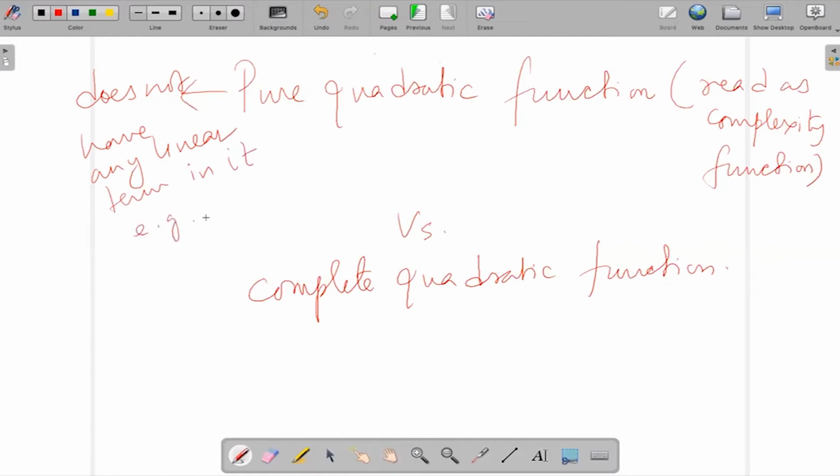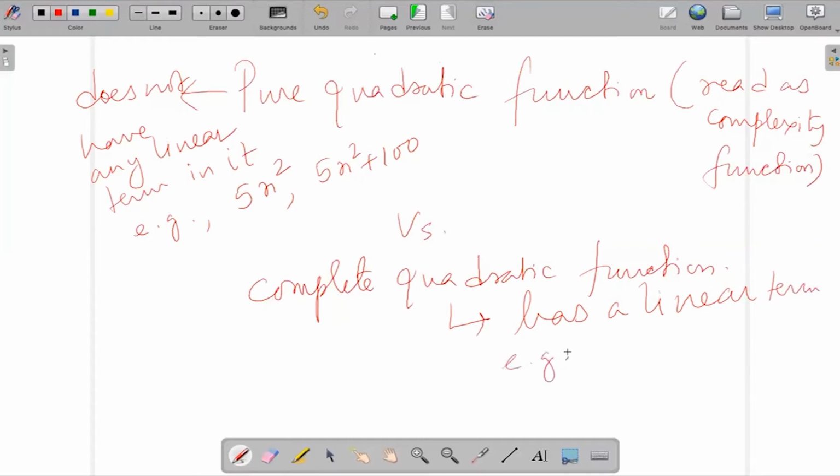Example: 5 n square, or 5 n square plus 100, etc. Whereas a complete quadratic function will have a linear term in it. An example would be